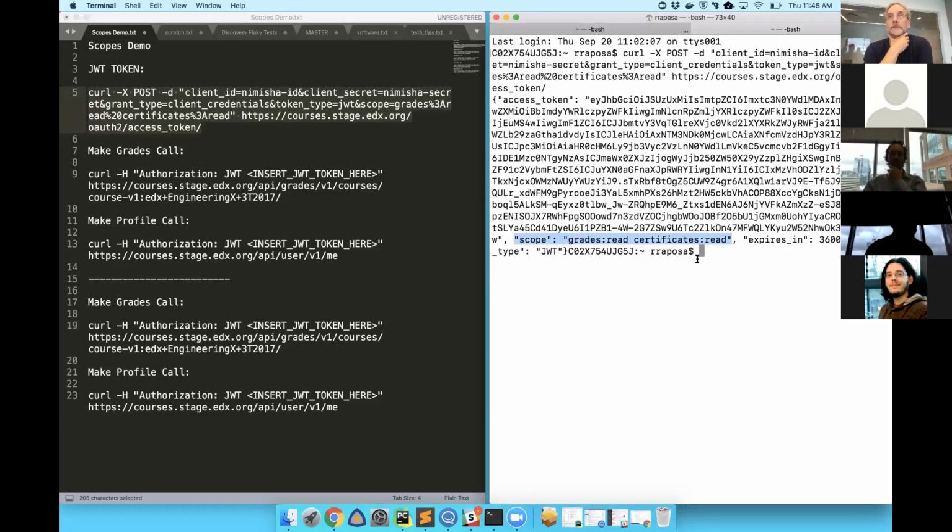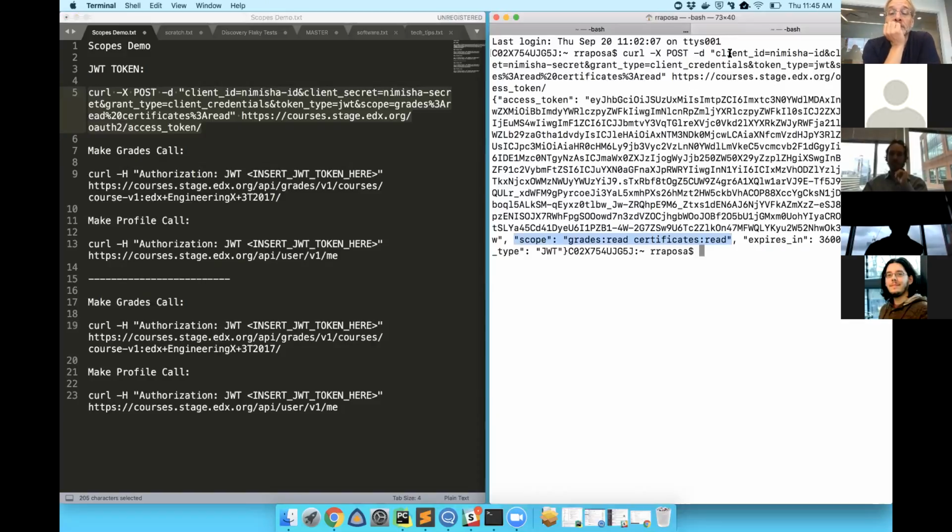At one point there was no ability from the outside to make a request to, as an example, the grades API, which I'll be getting to. You just wouldn't be able to get it. Now this is an authorization token that you can get. I'll walk through the details of this.